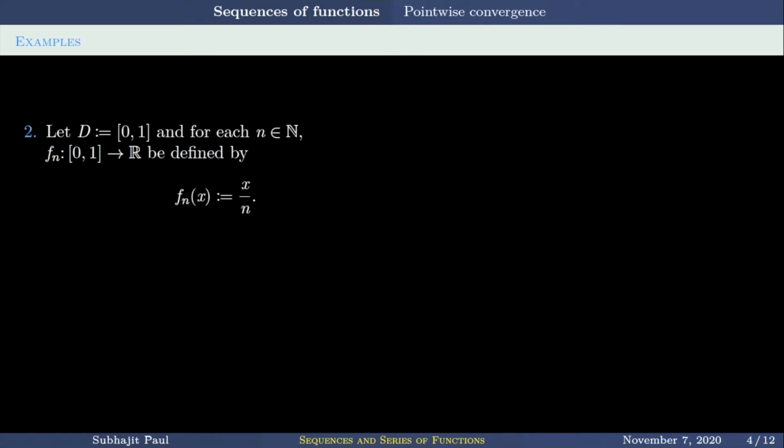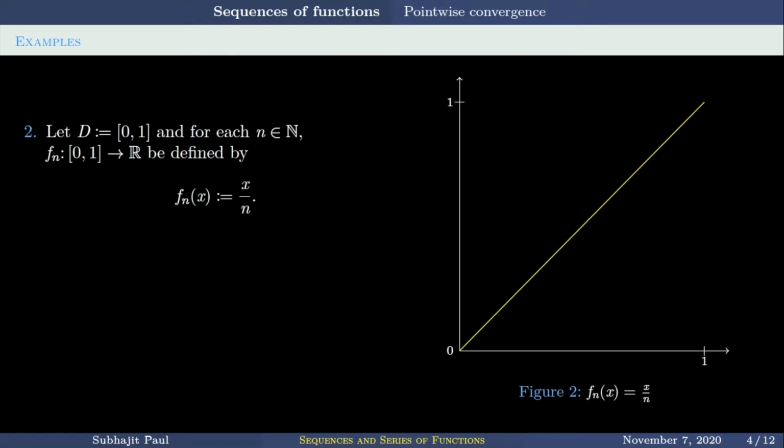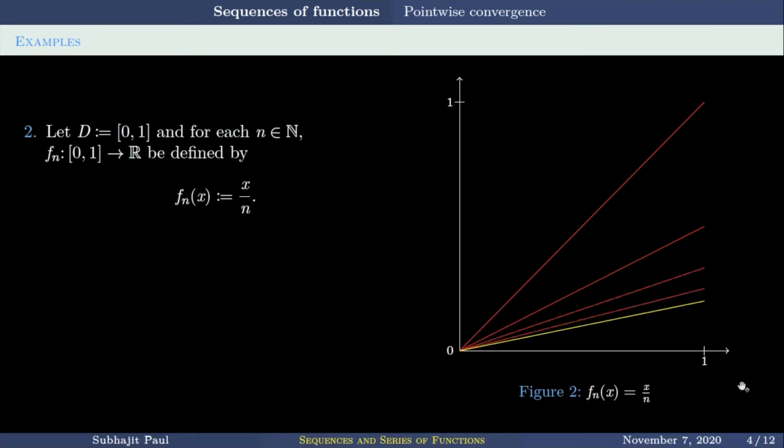The domain D is the closed and bounded interval [0, 1], and the function is defined as fn(x) equals x over n. So the graph of this one goes like this. If you remember the color coding from the last class, the yellow ones are the present ones and the red ones are the earlier ones. So here, this one is f1(x), that is x, in yellow. Here, the yellow line is f2(x), and the red one is the earlier one, f1(x). Here, the yellow line is f3(x), that is x by 3, and the red ones are f2(x) and f1(x) respectively. This is x by 2, this is x. So in this way, it goes.